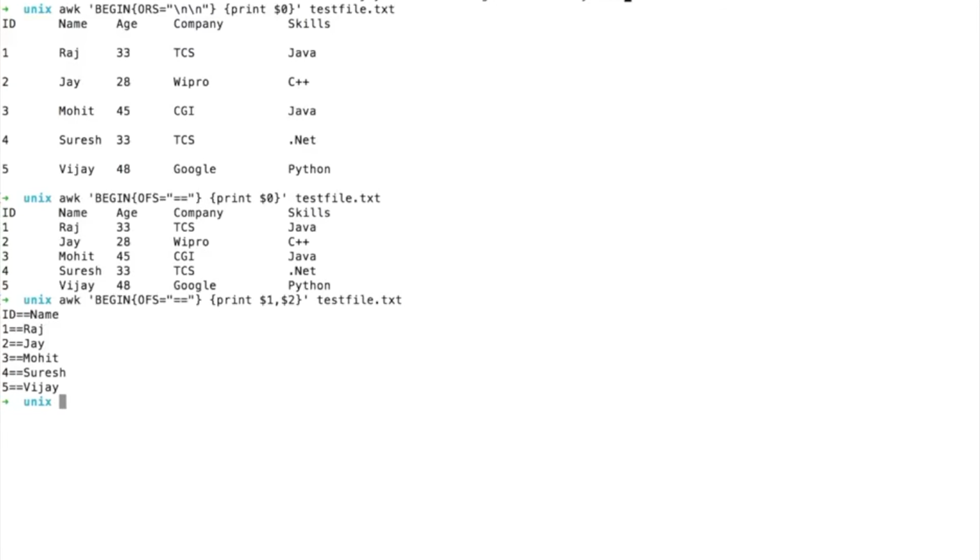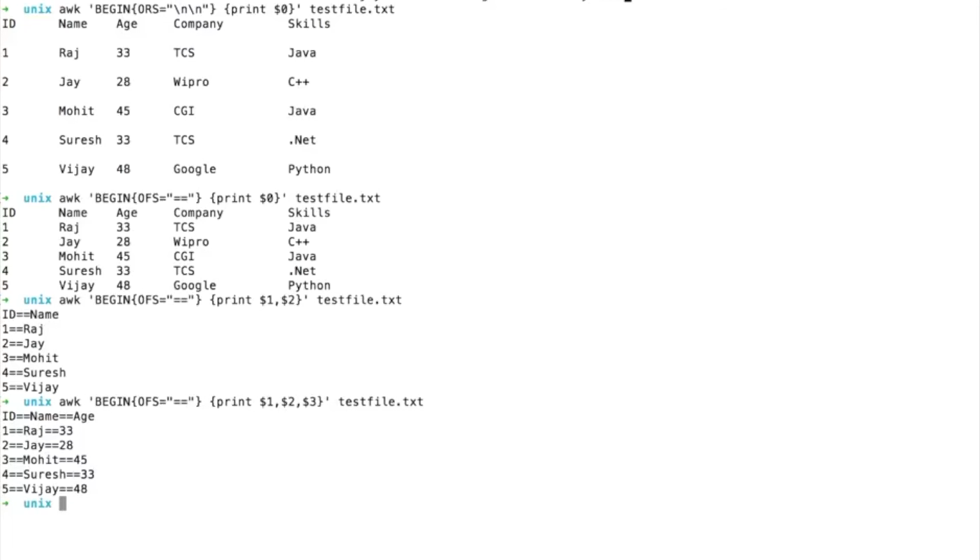So it will print the first column, then it will use the field separator, and then it will print the other field, that is the second column. If you want to print, say, the third column, it will again use the field separator. So OFS is nothing but a field separator. It will allow you to format your output fields in the way you want to split your variables or fields.